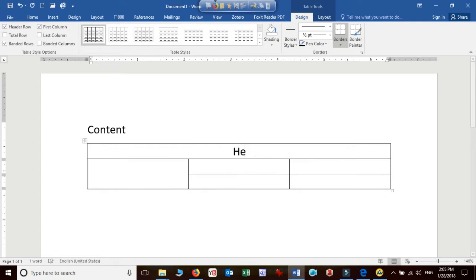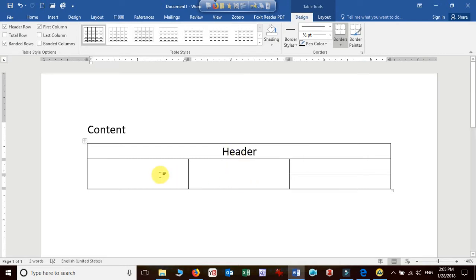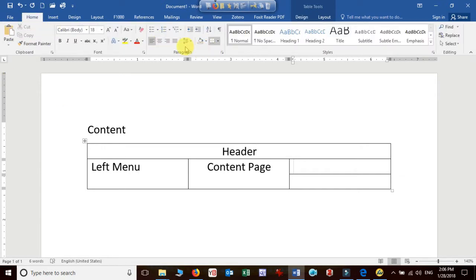So this is one website where this is the header, this portion is my left menu, this is my content page, and this is my sidebar which I'll be using for, let me take here, a search box,